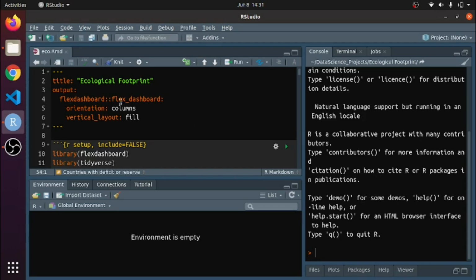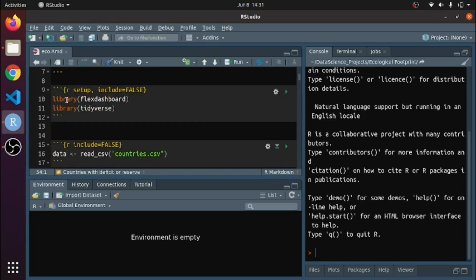I open RStudio and save it as an R Markdown file. Flex dashboard is nothing special, it's just an R Markdown file. I write here the title, Ecological Footprint, and I write orientation column-wise. I want to cut the paper from the upside, and I want a vertical layout, for now fill.